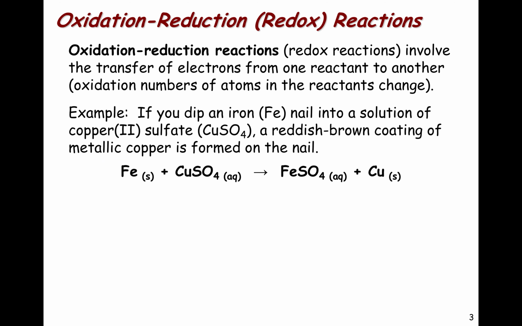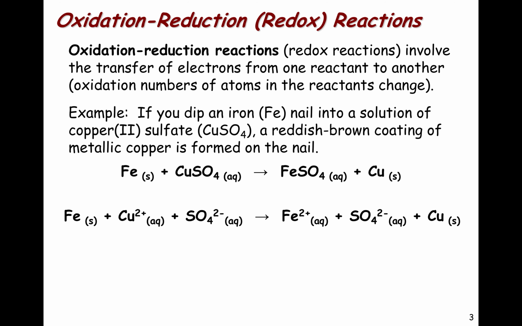In a way of representing this reaction, we can write the formulas for both the reactants and the products of the overall reaction in the form of the molecular reaction. But indeed, we can also represent this reaction in terms of a complete ionic reaction by dissociating the ionic species of copper sulfate and the iron 2 sulfate, so that we have the ions that are actually present in the solution. You'll notice that in this particular case, the sulfate represents a spectator species and can be canceled out,